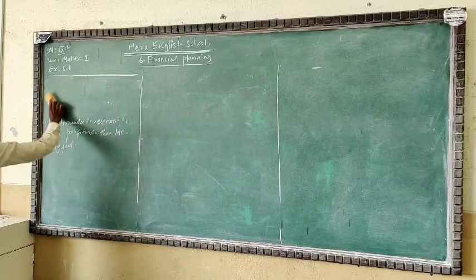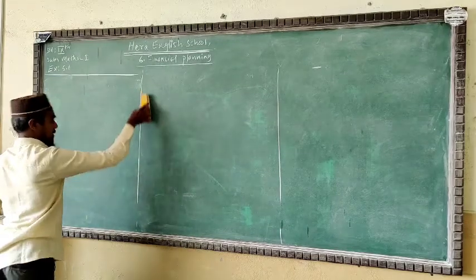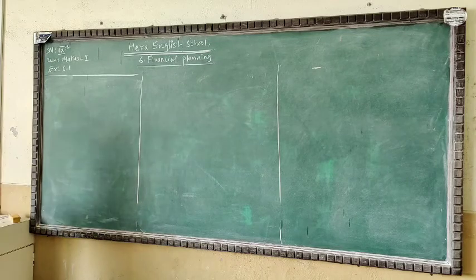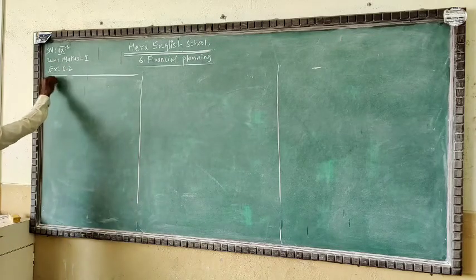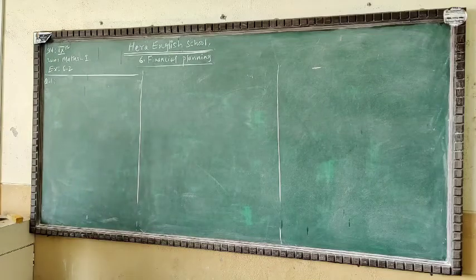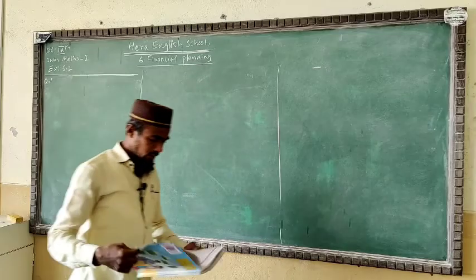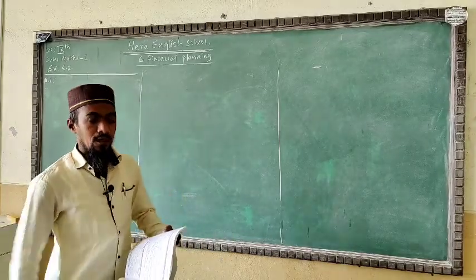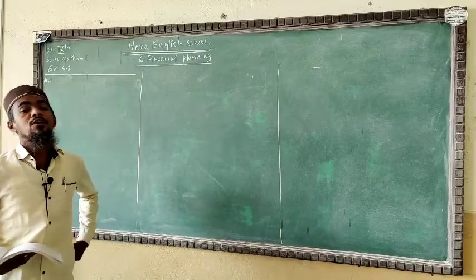In exercise 6.2, the questions are related to the income tax law. See question number 1 of exercise 6.2. First of all, I would like to tell you that a person who is below the age of 60,